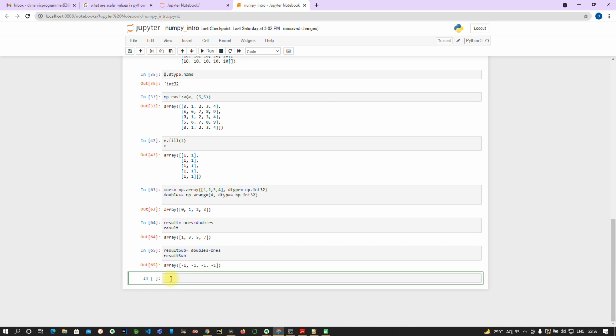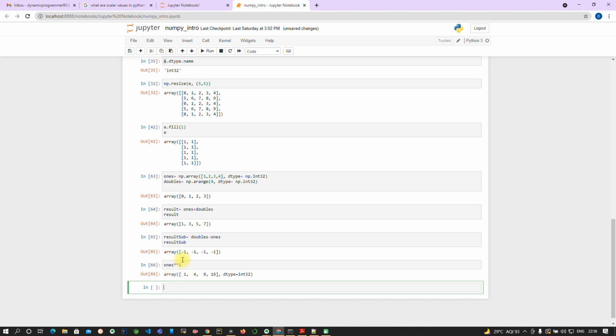Now let's do a square: ones to the power 2. As you can see, it is squaring each element: 1, 4, 9, and 16.